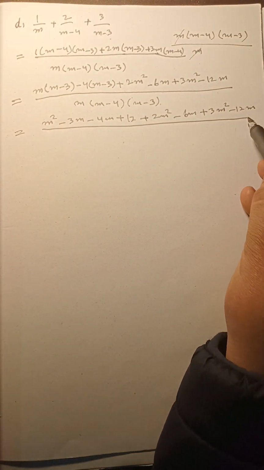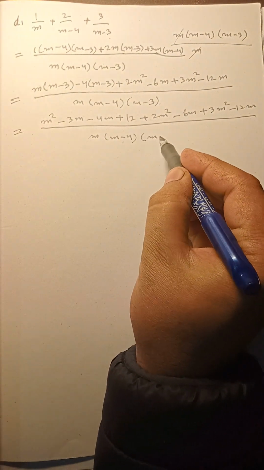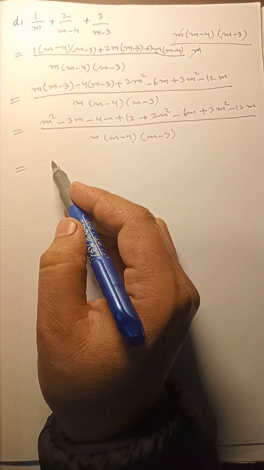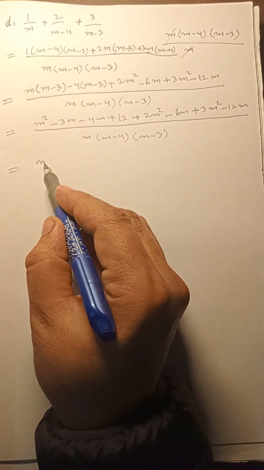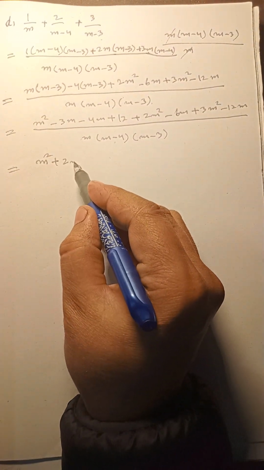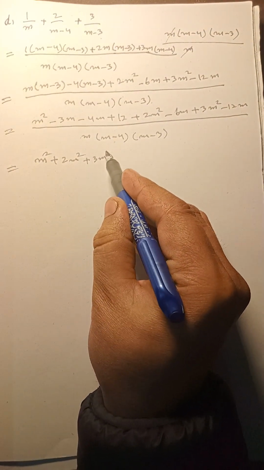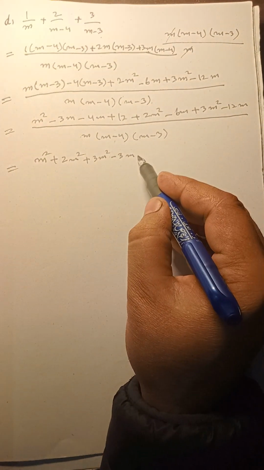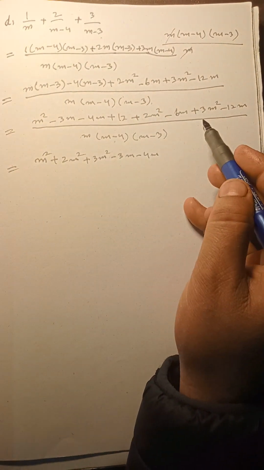Divide this whole by m into m minus 4, and m minus 3 will remain same. Now write the same terms at the same place. m square plus 2m square, this one, then plus 3m square, this one. Now minus 3m minus 4m, this minus 3m minus 4m, then minus